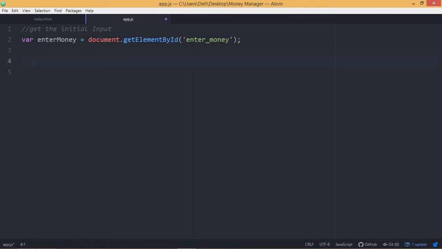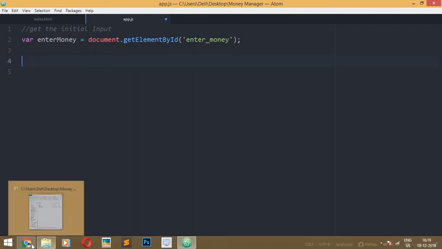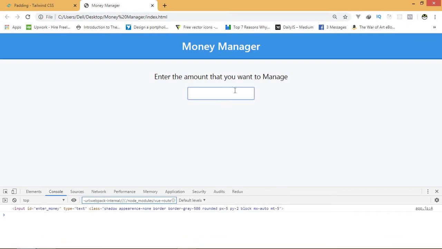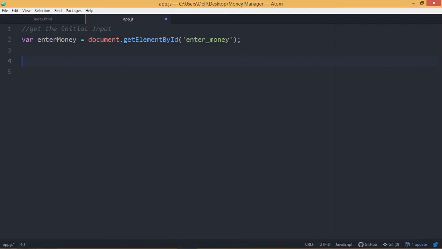Now what we want to do is create an event on this input field. When I type any key on the keyboard, a function should execute. There are many ways to add an event. What we're going to use is add event listener. So first let's comment create an event. We want to add an event on our input field, and the input field is stored in the enter money variable. So we're going to get that variable